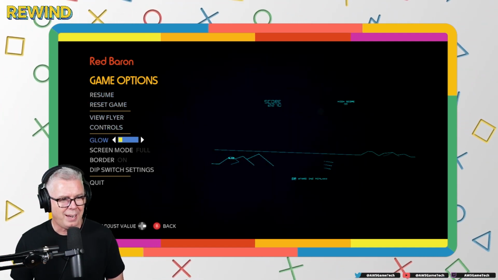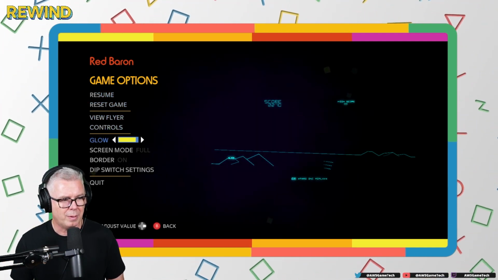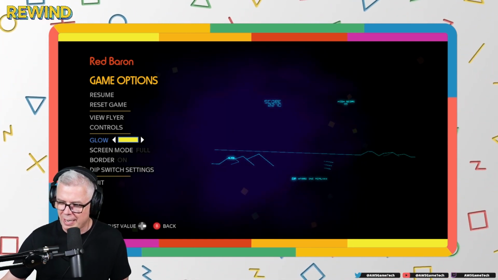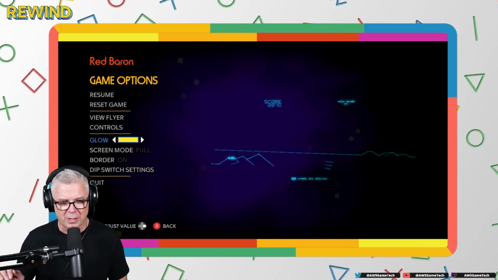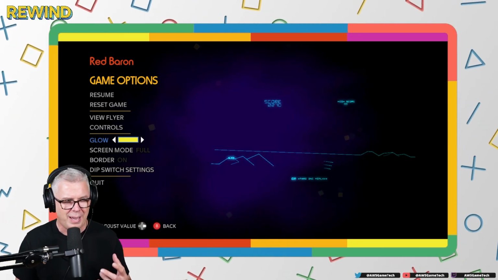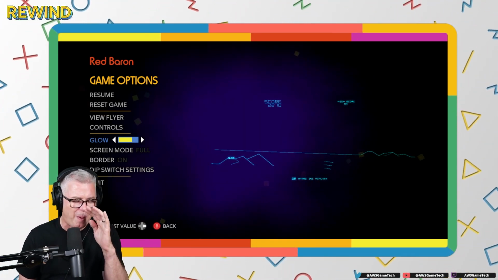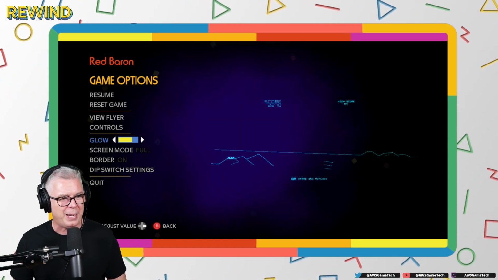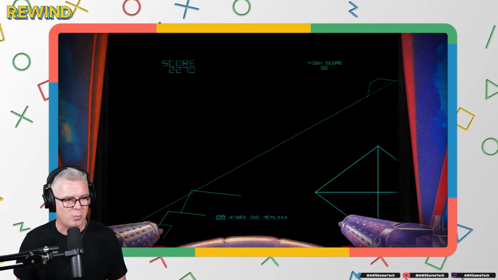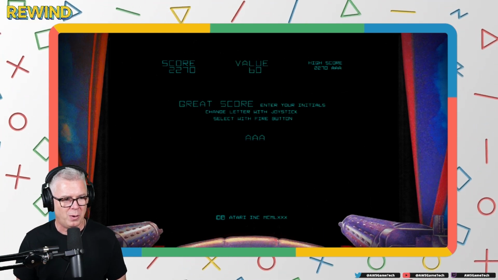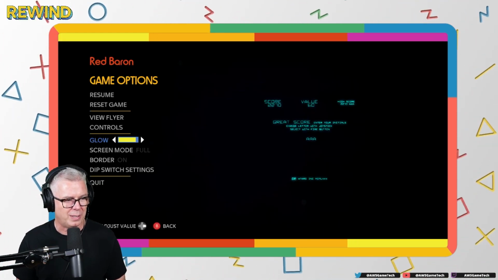Yeah, so they added a glow bar here. This is why Atari and Digital Eclipse going over there to Atari is a perfect match of companies, because Digital Eclipse really knows what they're doing when it comes to the classic arcade games.